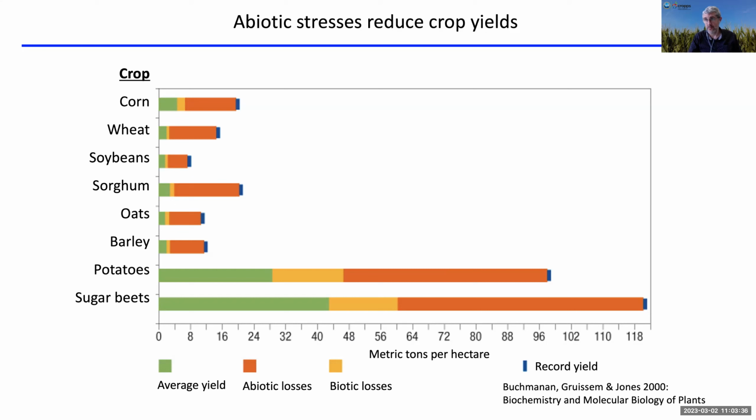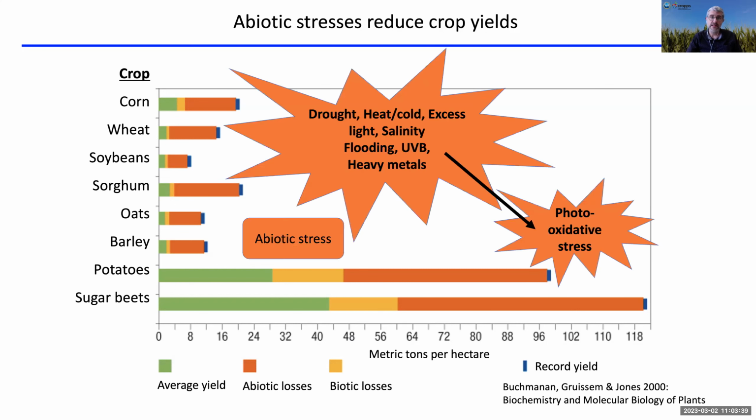You can see, particularly in biotic losses, how much plant stress reduces our ability to grow crops. What I want to point out here is that a lot of this comes down to what we call photooxidative stress, or stress that involves light. Too much light in combination with drought or extreme temperatures leads to photooxidative damage, and that leads to a lot of crop loss. So what we hope is that by understanding how plants sense these stresses and deal with photooxidative stress, perhaps we can increase crop yields and increase our ability to grow healthy,